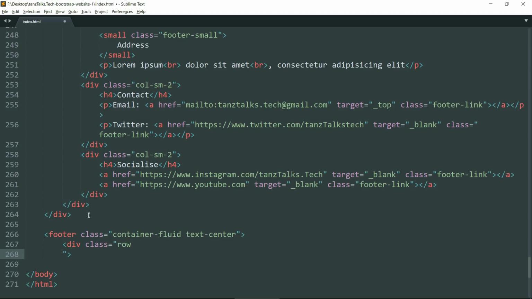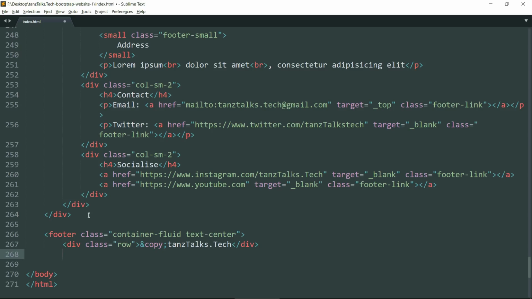Then drop down and create a div tag with class row. Then write ampersand copy semicolon. This is the shortcut for that copyright symbol. Then you can write your name, close the div tag, then close the footer, save the page.